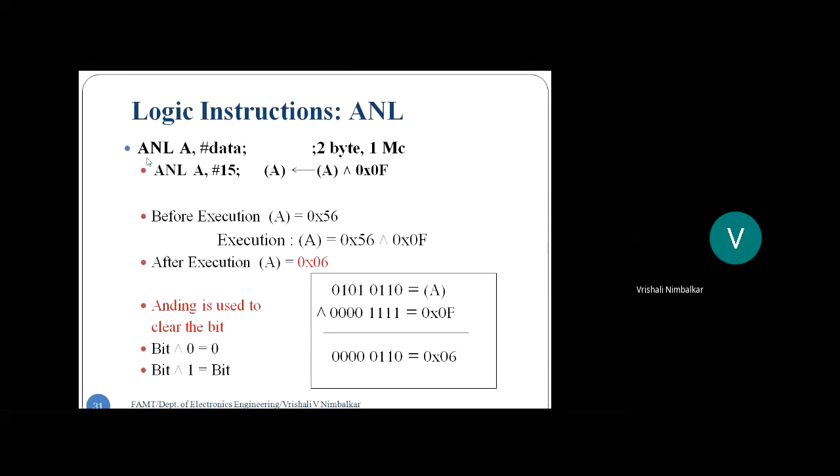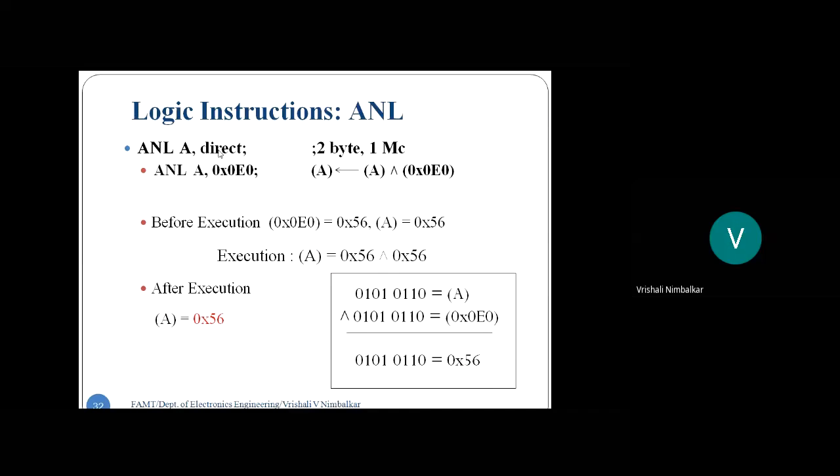So that was the immediate addressing mode, ANL A, #data. Right? Accumulator is the destination. Next, ANL A, direct. Right? So one of the operands is in the accumulator and the second operand is in memory, and we mention the address of that memory in the instruction. Okay, students. So the example written is ANL A, E0 hex. Now something should click for you.